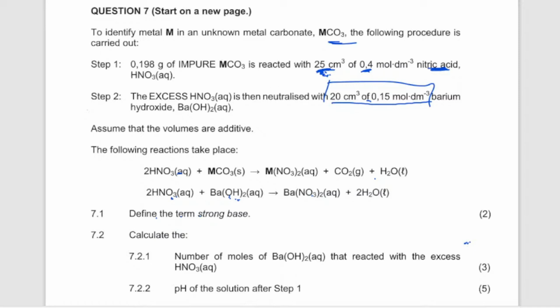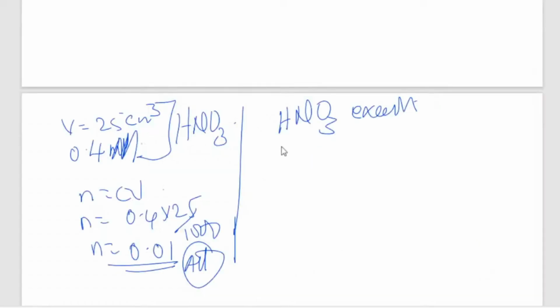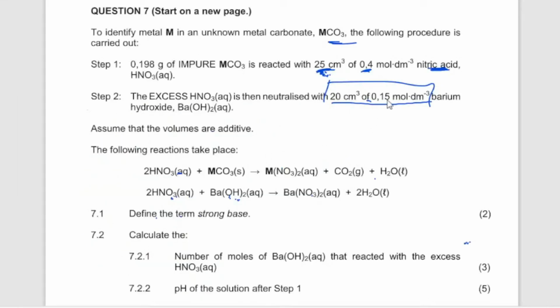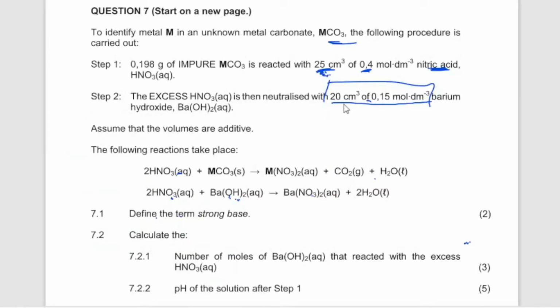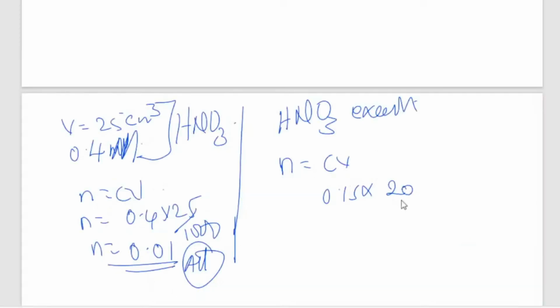Okay, let's do it, still the same thing. Number of moles is equal to CV, whereby number of moles is 0.05 times 20 divided by 1000, remember it's supposed to be in decimeter cubed. This is the excess, the one which reacted with barium hydroxide, and this is the whole nitric acid. Yes, so the answer is going to be 0.003